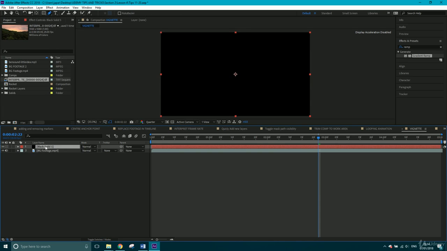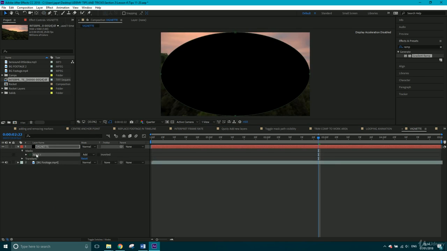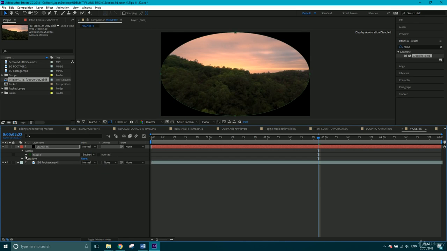So with this layer selected, let's rename it to vignette. Select it, click down into the ellipse tool, and what you want to do once you've got this ellipse tool, double click, okay, and it's put a mask on there, an ellipse which fits the footage. Now what I want to do is go to subtract, so it does it on the outside,